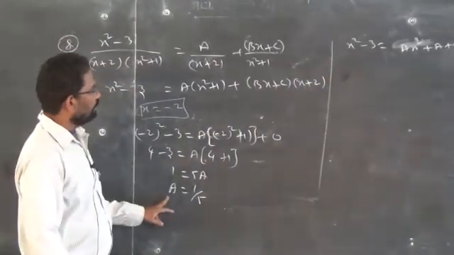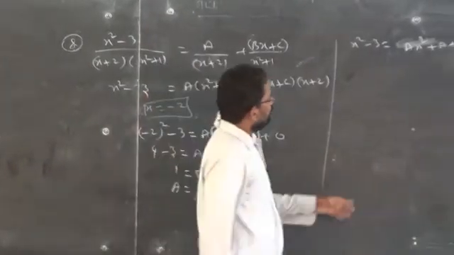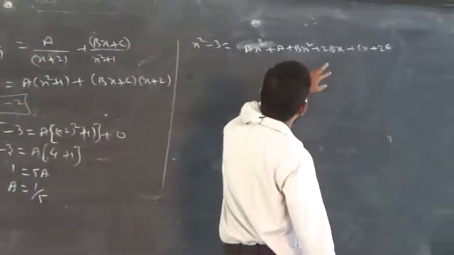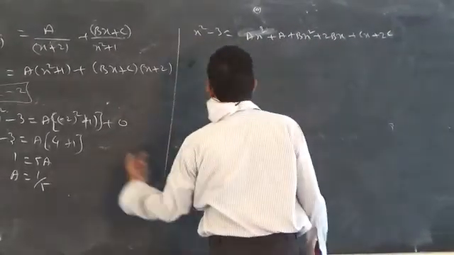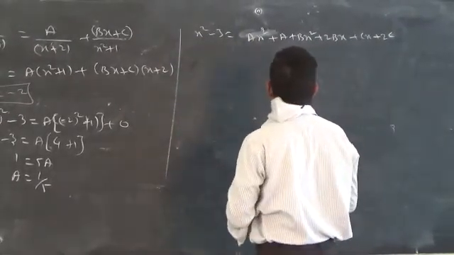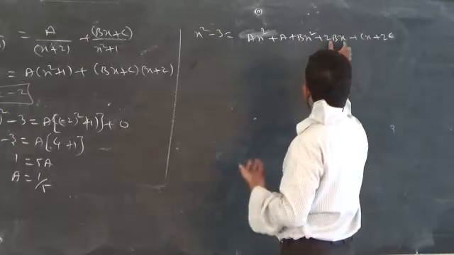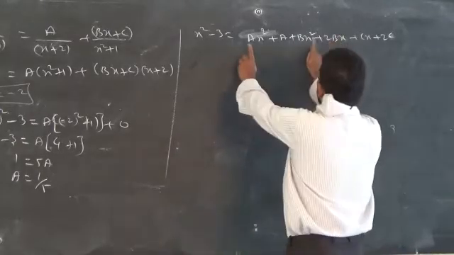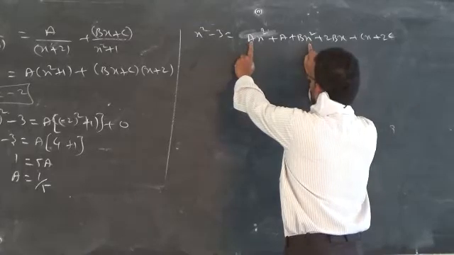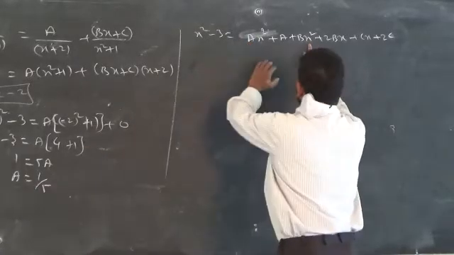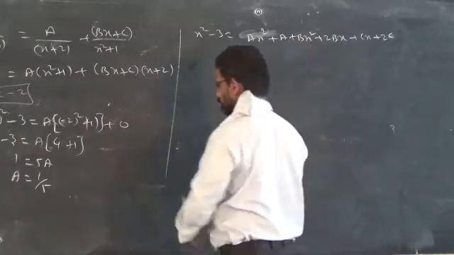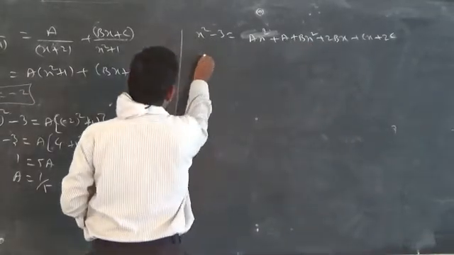I have found the value of A already, so I don't want to compare that x square because I already have the value of A. I would like to find out B. So where is B? B is present with what? x. Or you can compare these two, x square, you will get it in terms of A and B. By replacing the value of A, you will get B. Your wish. So I am comparing that x square.